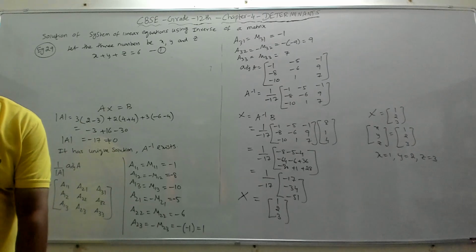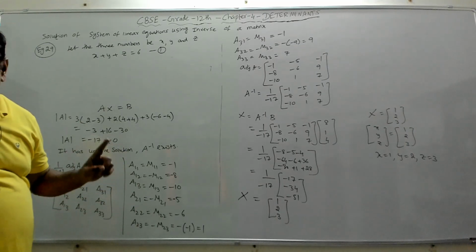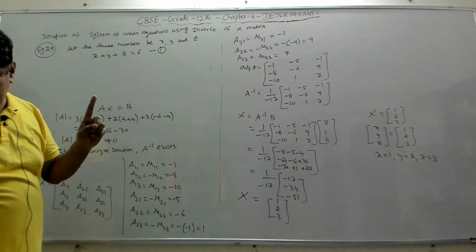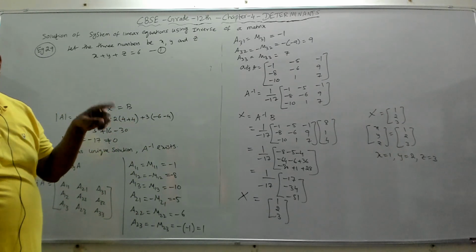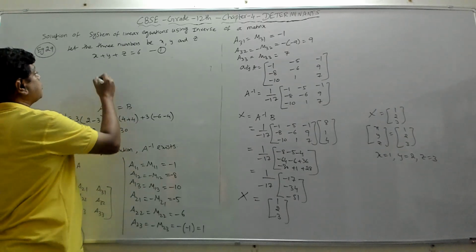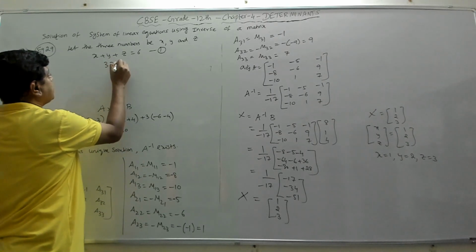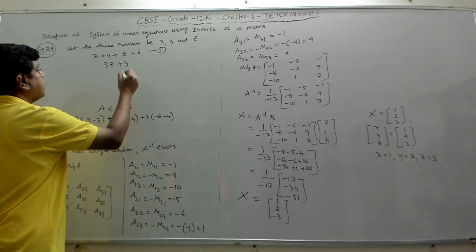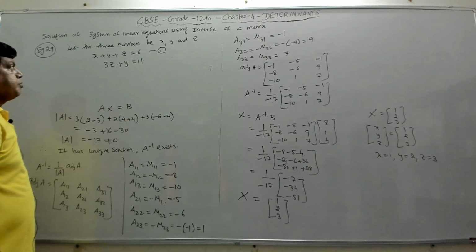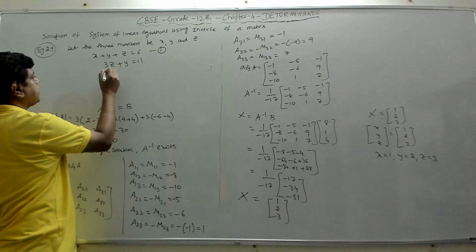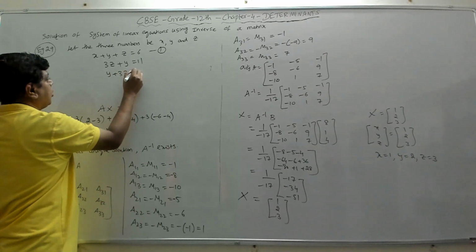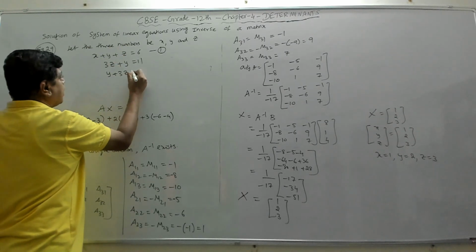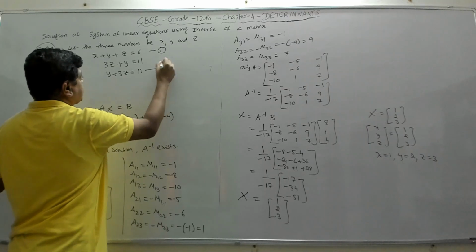The second statement says if we multiply the third number by 3, which means 3z, and add the second number to it, which is y, 3z plus y, we get 11. So we can write this as y plus 3z equals 11. Always write it in the form of x, y, z. I'm rewriting it like this. So this is your second equation.